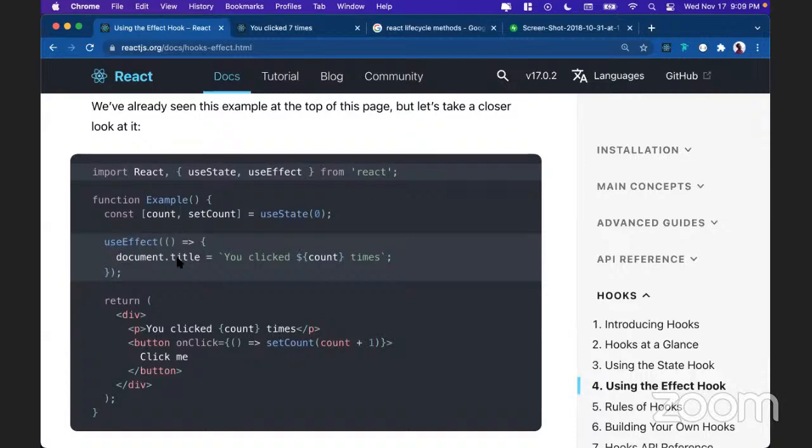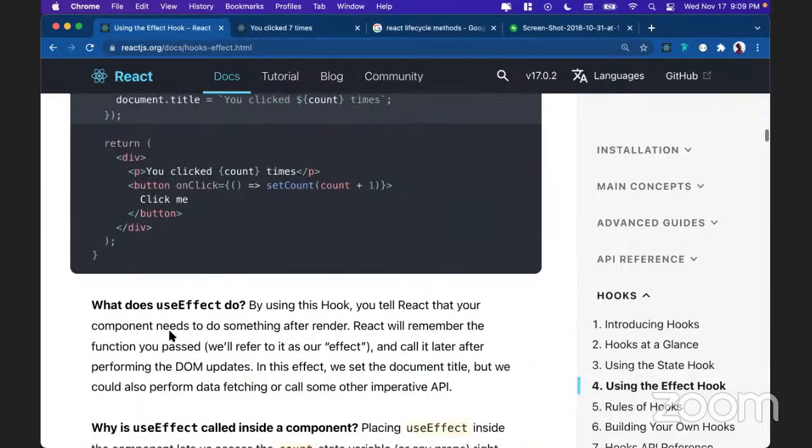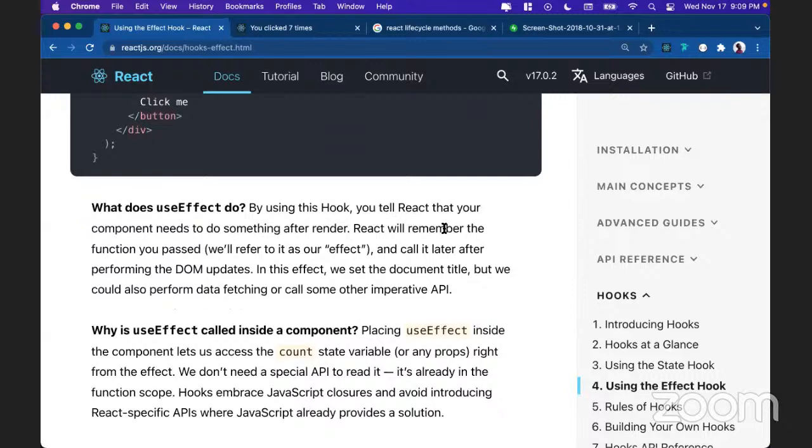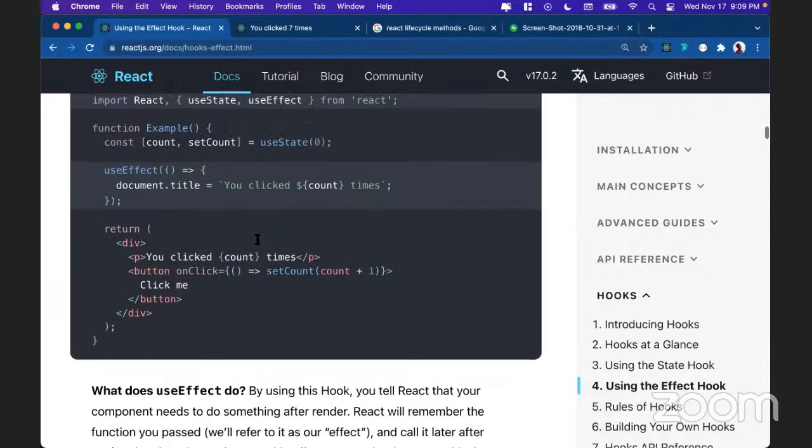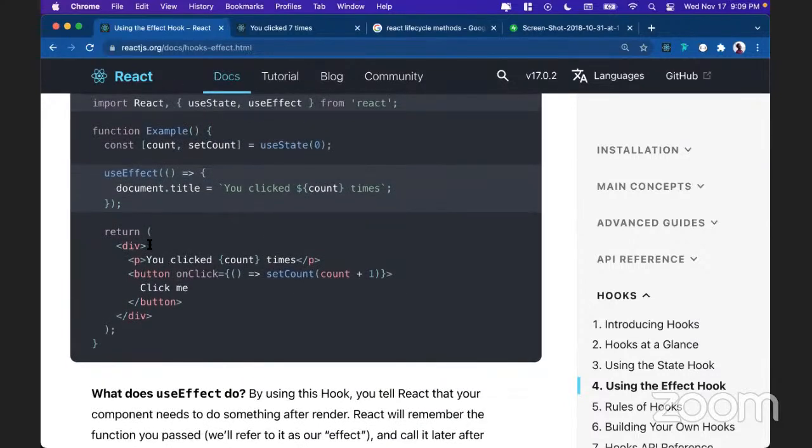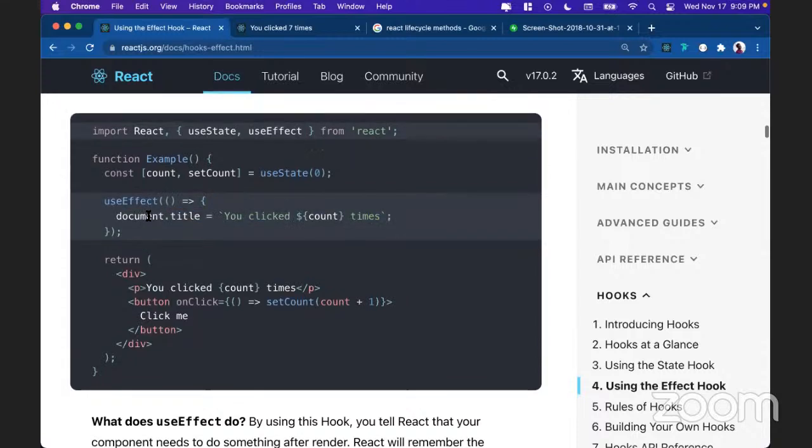Here, to show this example of useEffect, it says that by using this hook, you're telling React that your component needs to do something after it renders. So that's really what this idea of a side effect means. It's like, after it renders, I want to do this thing. And so after it renders the first time,